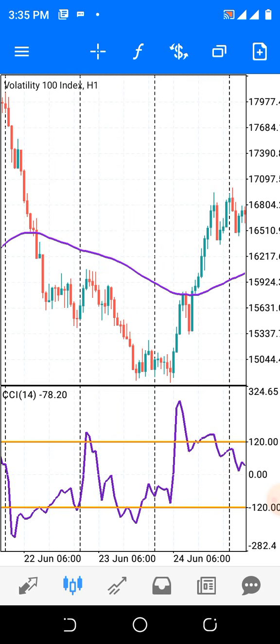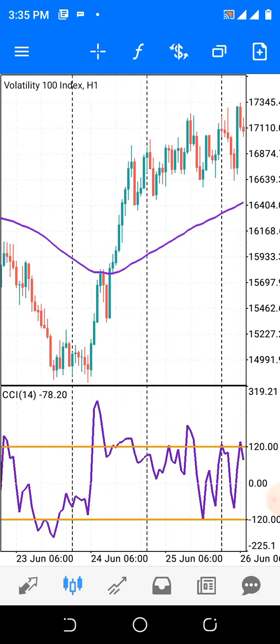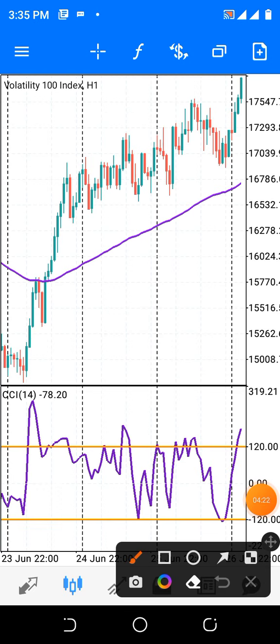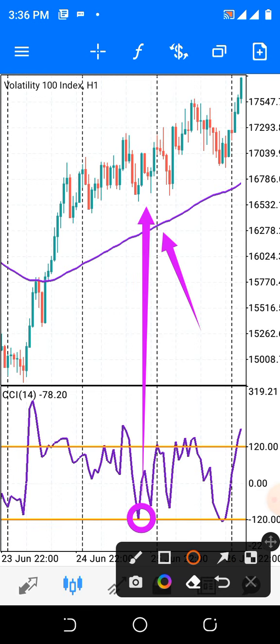And if you look here, you see that the market has already changed direction again. It is an uptrend. So we'll be looking for buy positions only when the CCI touches the lower horizontal line. We take our buy position. Look here, and it traces it. So we take our buy position here. Do you understand? This is a lot of gain for you.